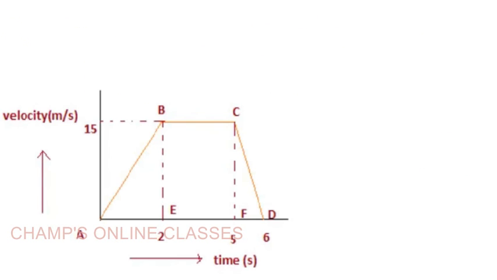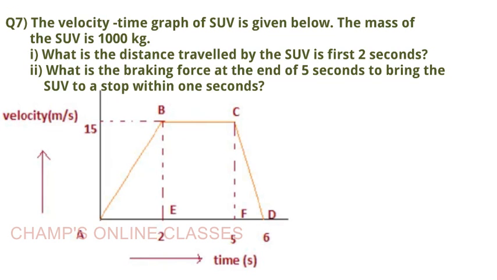Now, our seventh question is again a graph question. Here, the velocity time graph of SUV is given. The mass of SUV is 1000 kg. Now, first, what is the distance traveled by the SUV in first 2 seconds? And second, what is the braking force at the end of 5 seconds to bring the SUV to a stop